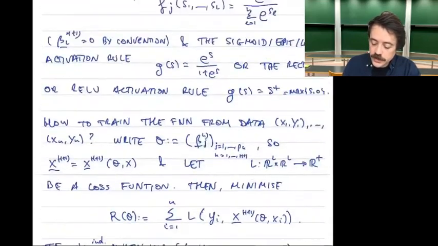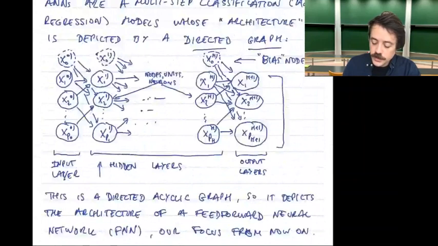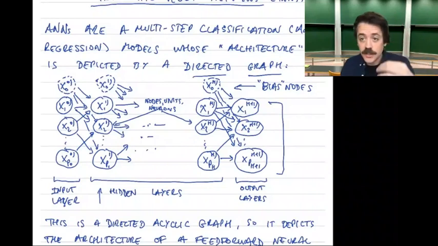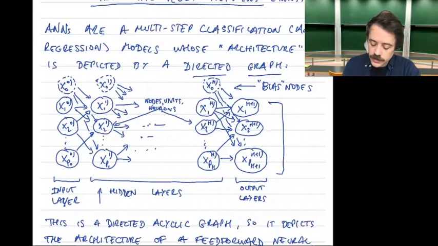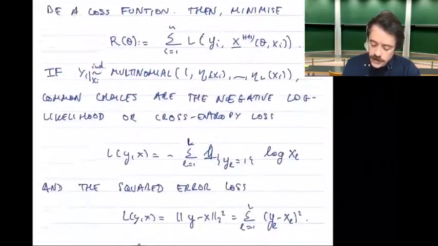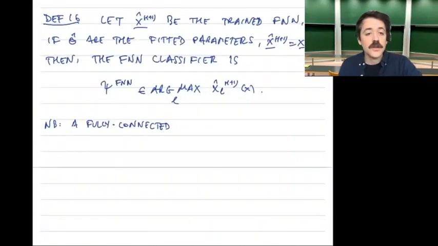So fully connected network. We go back to our picture, and it's one in which we have all the possible arrows. But remember that the bias nodes have no predecessors, so we cannot connect the other nodes to the bias nodes, but let's imagine that the rest are fully connected. So a fully connected feed-forward neural network